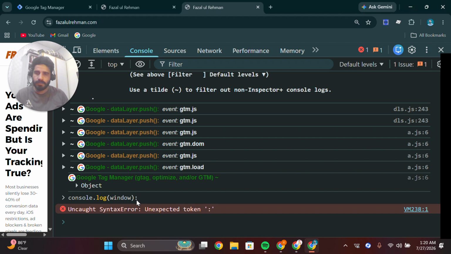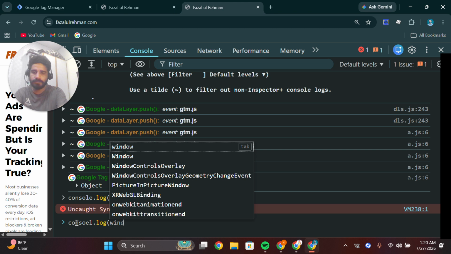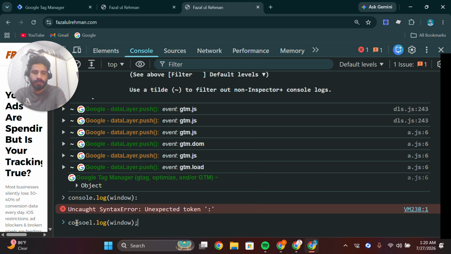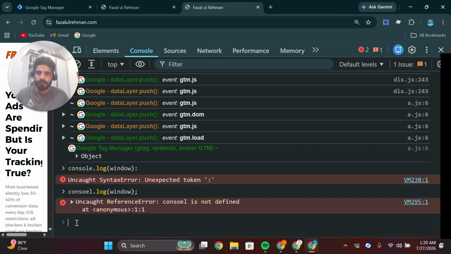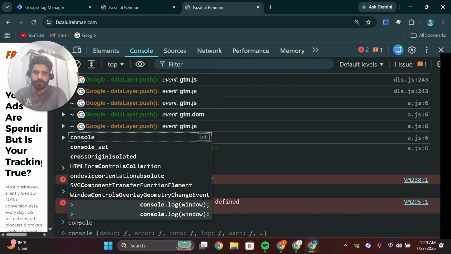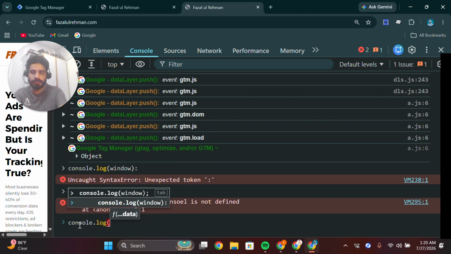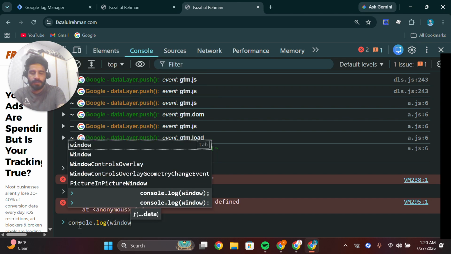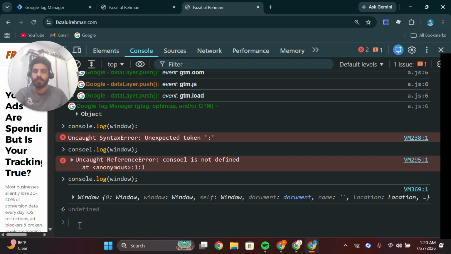Sorry, we just need to put the semicolon. Let me write it again. Console.log(window); we had the wrong spelling. So console.log(window); and put the semicolon. You will see that window is basically a variable which contains a large number of